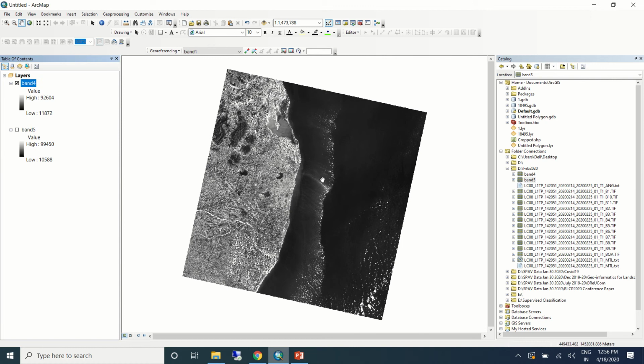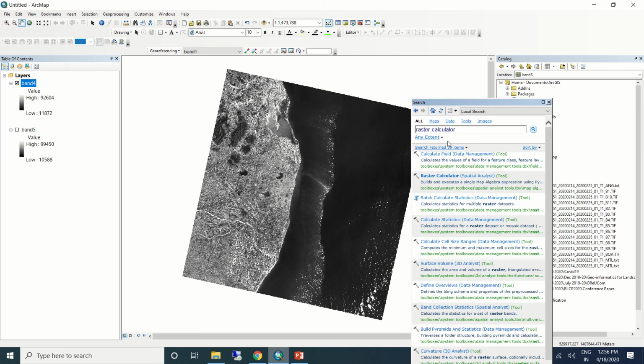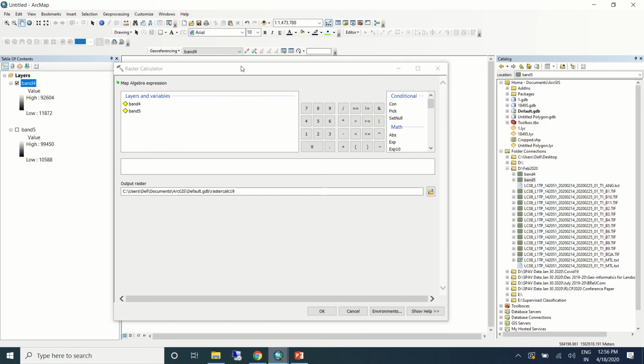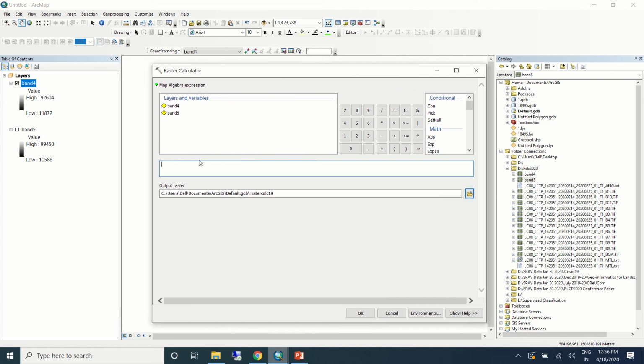We'll see how atmospheric corrections can be done for this. So I'll go to search, look for raster calculator. Raster calculator is here. So the expression that we'll be using is as follows.